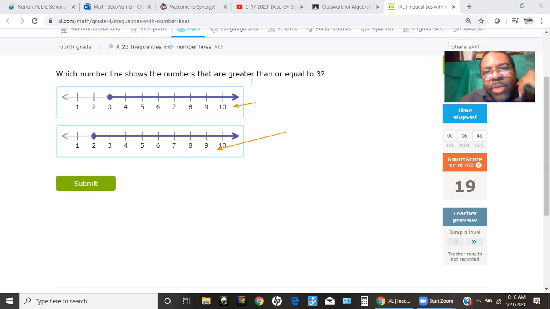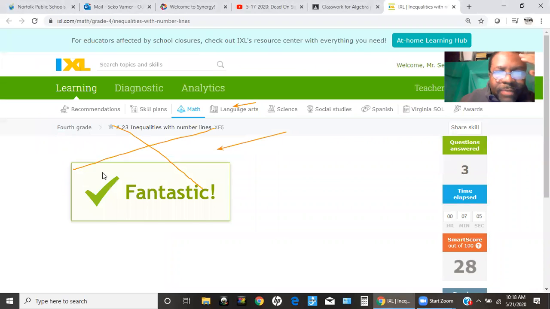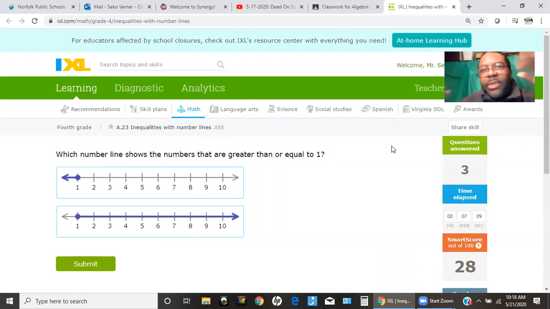Well, it can't be greater than or equal to 3 if it starts at 2. So in honesty, this one is not one that we're going to work with. This one is whack. We're only going to go with the top one. So we're going to highlight it and answer. Fantastico. Beautiful. Okay, so that's how you solve those problems on IXL